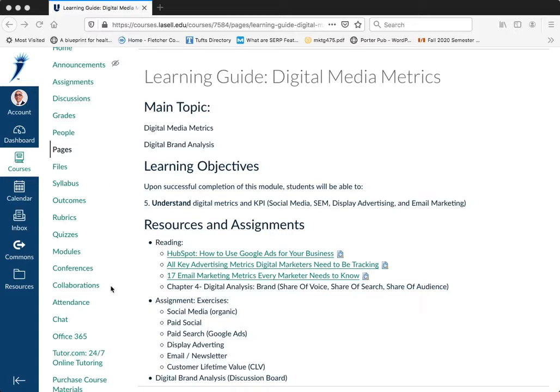Let's cover the reading materials and the assignment for this week. For reading materials, we have 3 PDFs that will prepare you for the first assignment. I'll go over the first assignment in a second. And then we have chapter 4 that deals with the digital brand analysis and prepares you to take the discussion